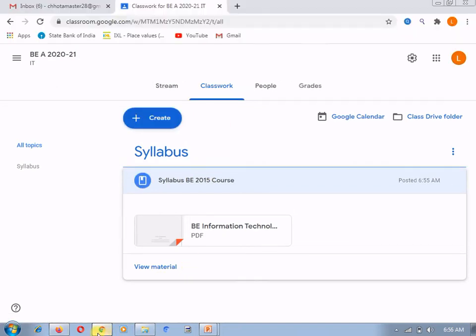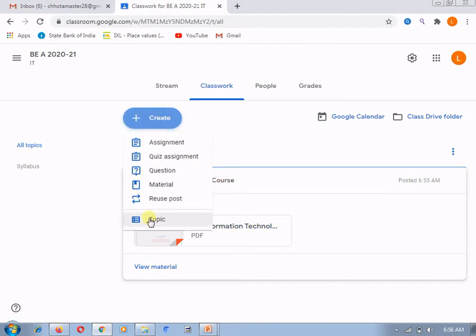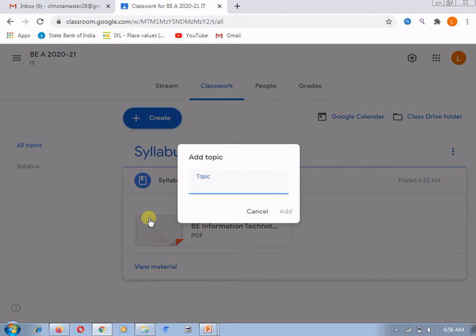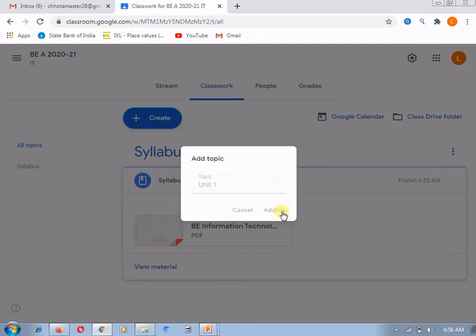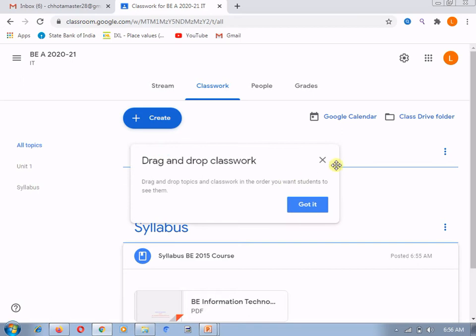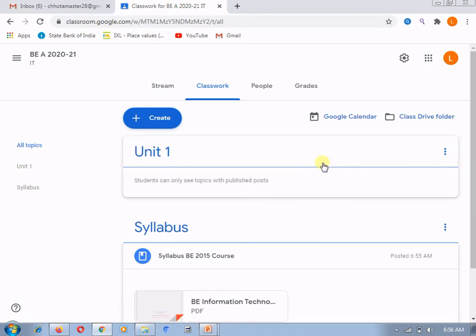Now let's move to the teacher again, and I am going to create one more topic, that is for unit 1. For example, I want to post the material under unit 1. So I will add this topic. After adding this topic, you can drag and drop the topics in the classwork.